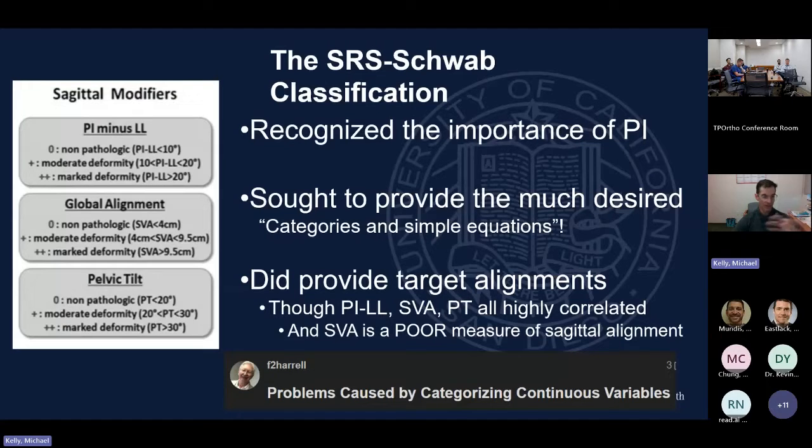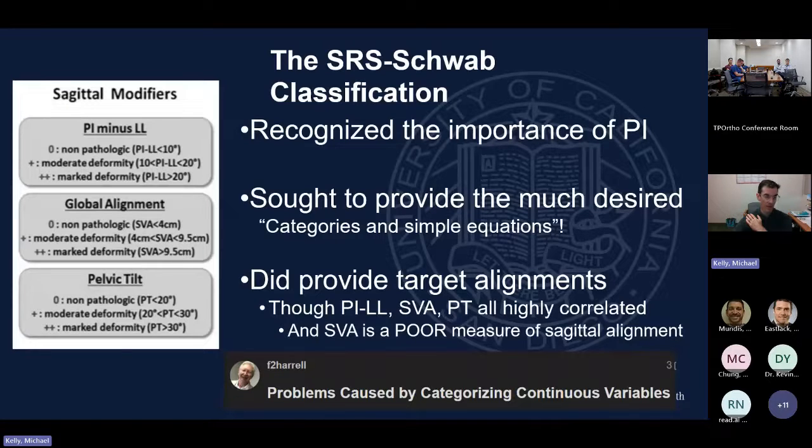And how do we think about these things? How do we classify these? I think the first, which was very useful in its time, but I do think it's time to move on, is the SRS Schwab classification system, where he emphasized the importance of pelvic incidence, right? The Europeans had brought it up, but it was really SRS and Frank that have brought it into our vernacular. Some of the problems with this, right, is that it really sought to provide the much desired categories and